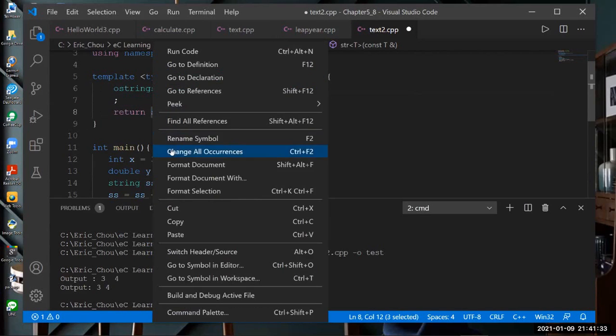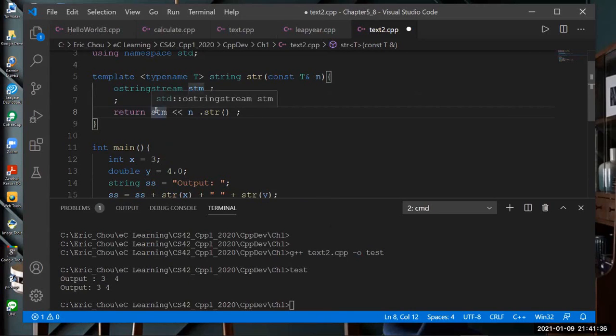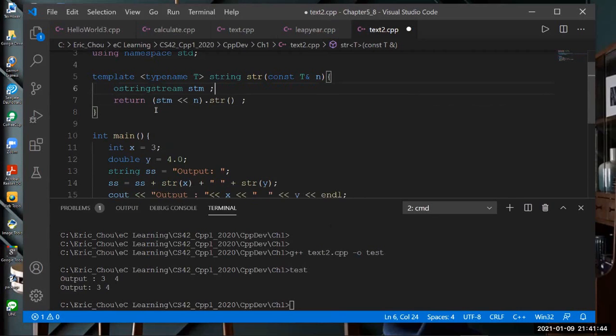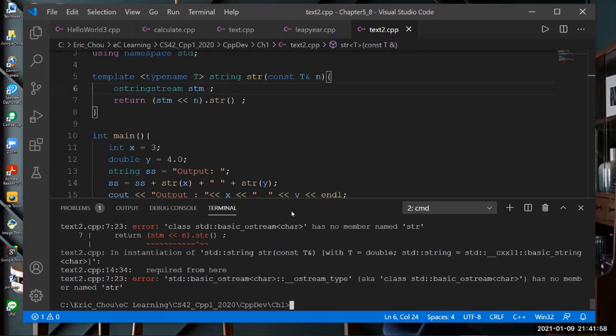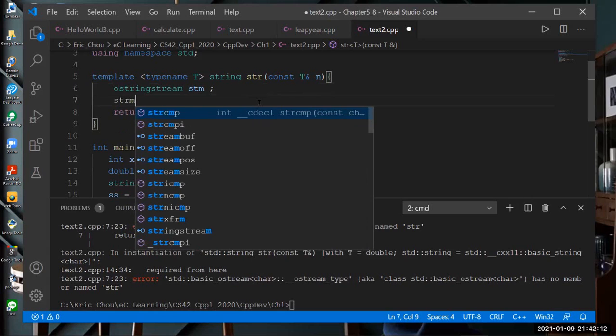Can we do this one? No, we cannot do that, okay? So it doesn't give us an object or reference, okay? It doesn't give us an object or reference. So let's see, it doesn't give the object or reference. So we do need the stringstream,